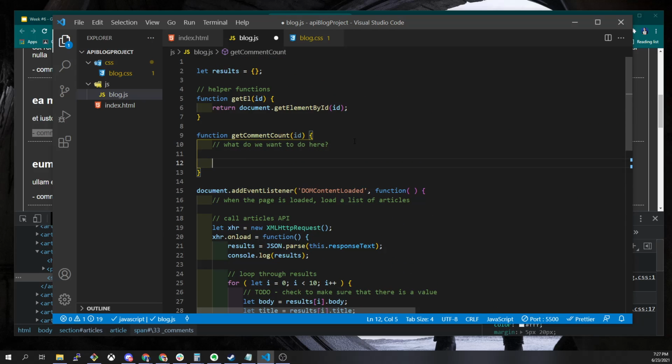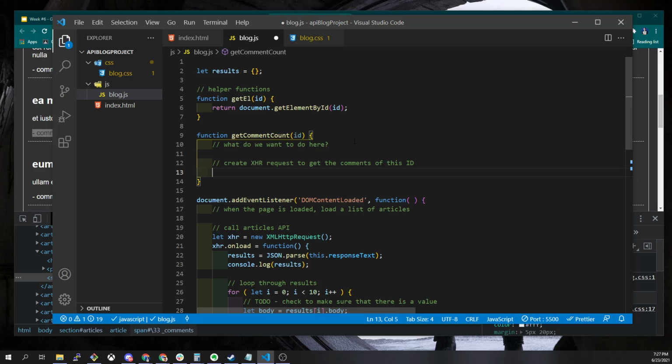We want to say, create XHR request to get the comments of this ID, and then update, and we know we're going to do this inside of the event handler for the request being ready. Update the comment count for this ID, which is going to be in this format,